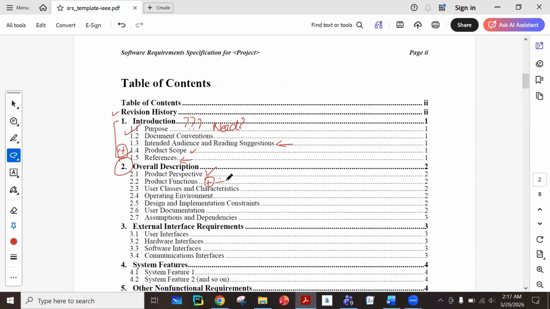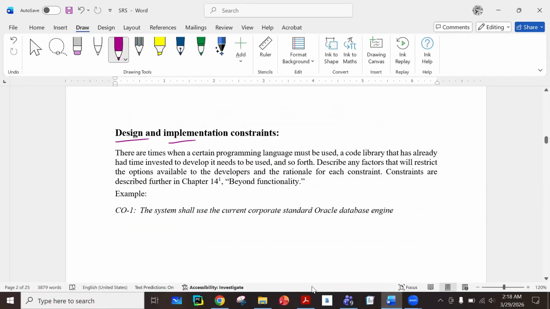This is very important. You need to write what type of functionalities will be available for the user when they are using the system, along with your user classes and characteristics, and the operating environment. Right now, I have discussed the operating environment, design and implementation constraints. Now, what are your product functions? For understanding this, in your overall description phase, we have this part as well in our document,